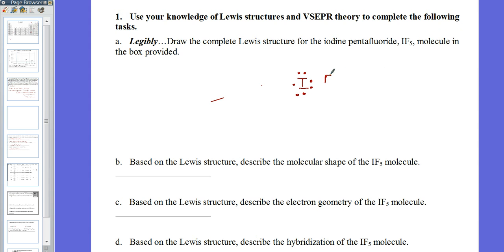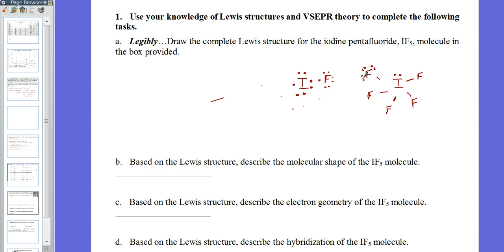So you will have a fluorine that you can put here: 1, 2, 3, 4, 5, 6, like that. It has its 7, and it's going to share with that one. Ultimately you're going to do that all the way for all 5 fluorines. So you end up with iodine, you'll have 2 electrons that are not bonding, and then you'll have 5 Fs. You don't have to draw any stereochemistry if you don't want to. That's no problem. But your 5 Fs go around, and then you've got to give all of your